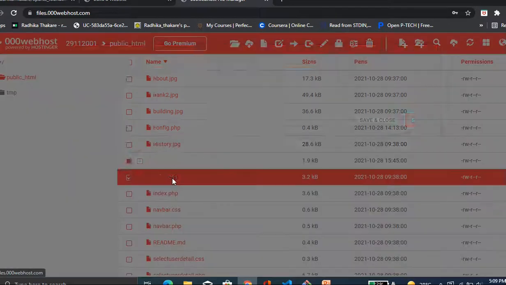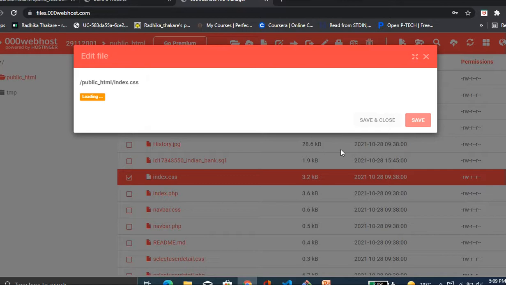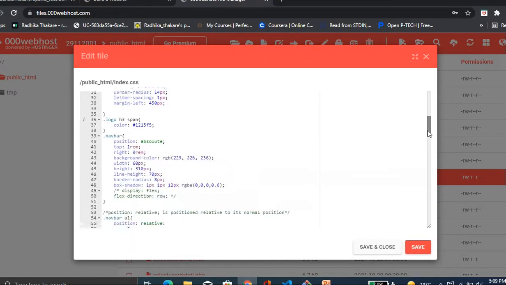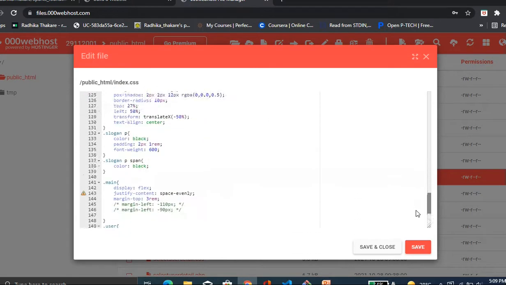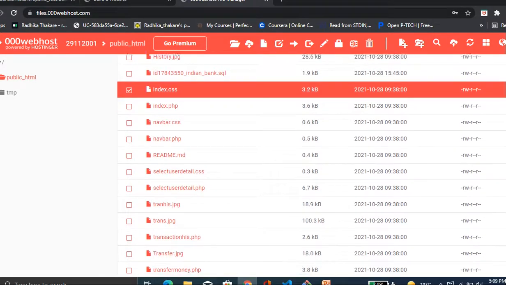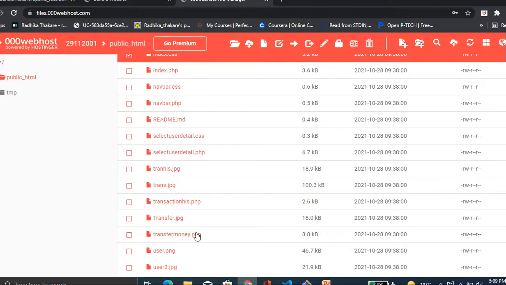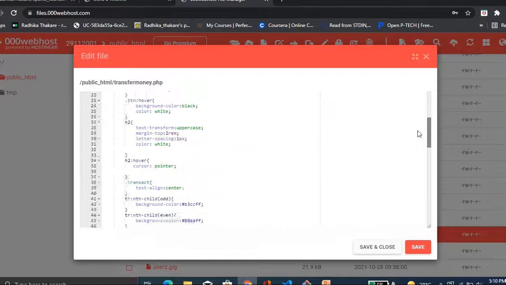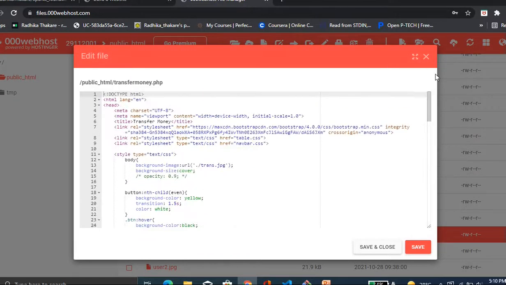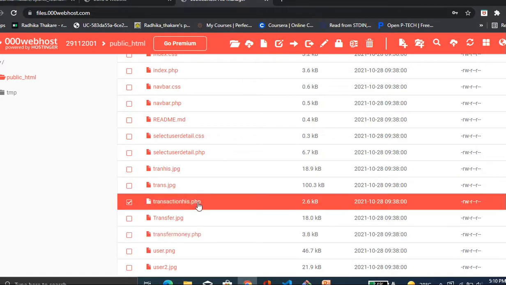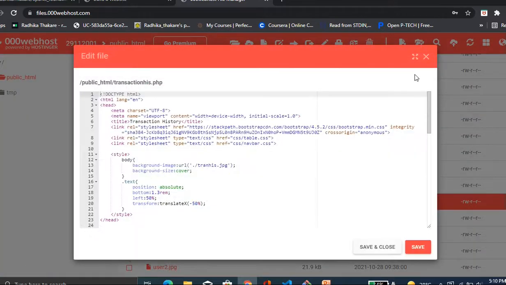This is the CSS file for the index page. And this is transfer money.php, where I have written the code for transferring the money. Then this is transaction history.php.